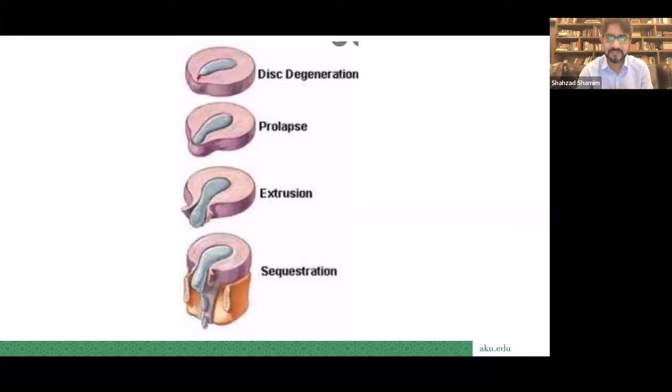And the most definite indication for early surgery is cauda equina syndrome. When there's a central disc compressing on the cauda equina and the patient has symptoms of saddle anesthesia or bladder bowel